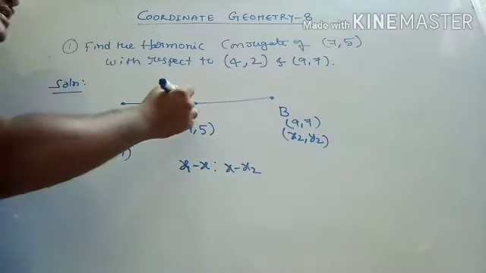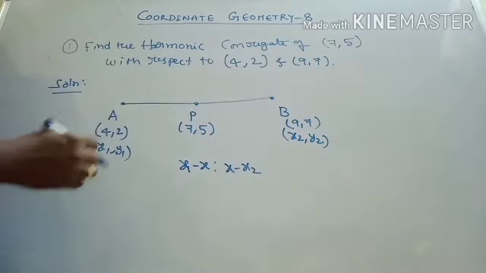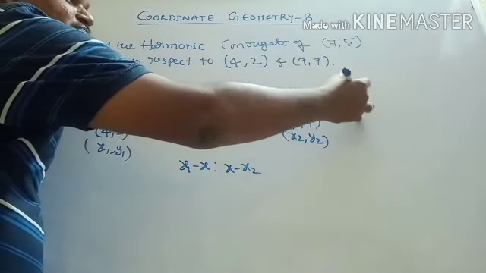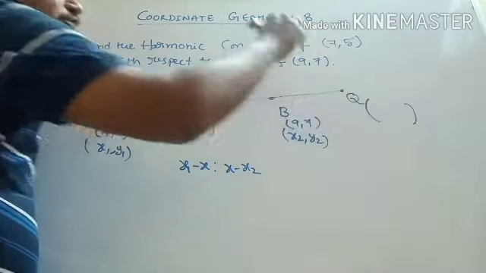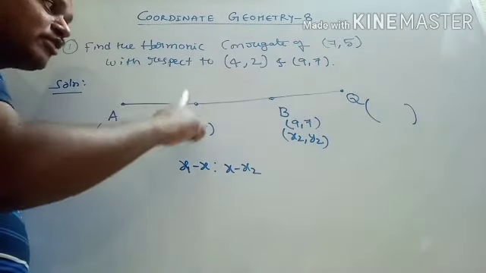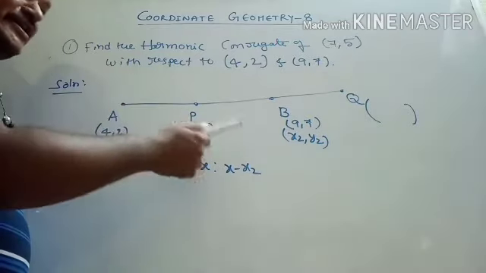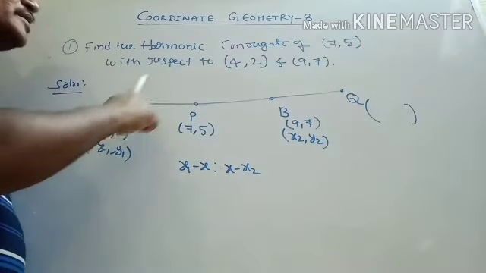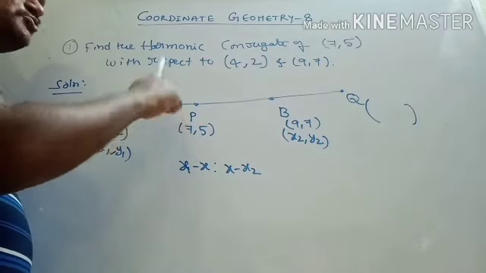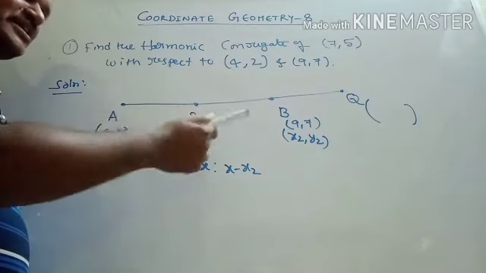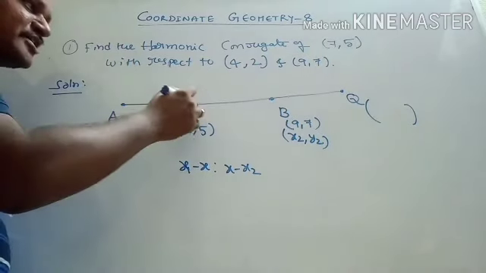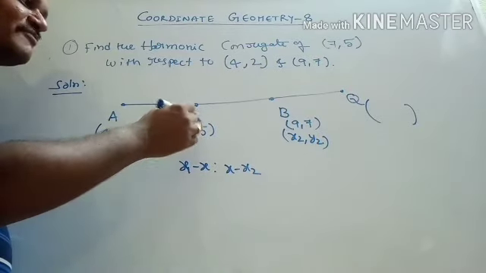They have given P as (7, 5). Now we need to find Q. The harmonic conjugate of (7, 5): P and Q are both the harmonic conjugates of A and B, which divide AB in the ratio m is to n internally and externally. Now our aim is to get the ratio in which P (7, 5) divides